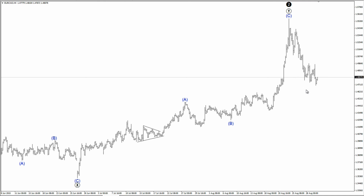And let's see when this forms the first 5-wave structure to the downside, a clear impulsive structure, then we can start thinking about entering a position in this pair, since there is quite a long bear market to be expected in Euro Canadian, so there's a good opportunity to get in this downtrend early. But let's be patient at this point and look for the first 5-wave structure to the downside, then a 3-wave pullback, and then we can start thinking about a good entry point for